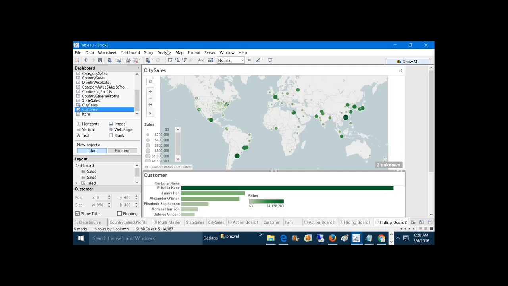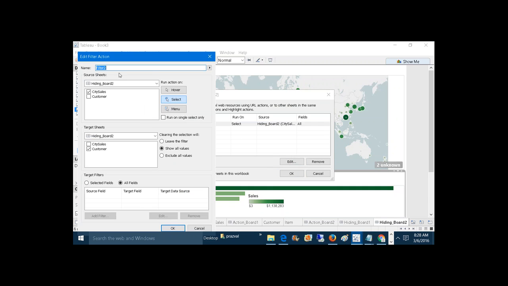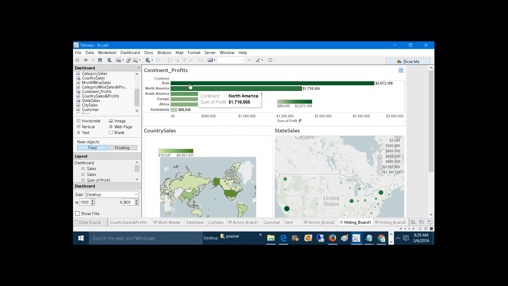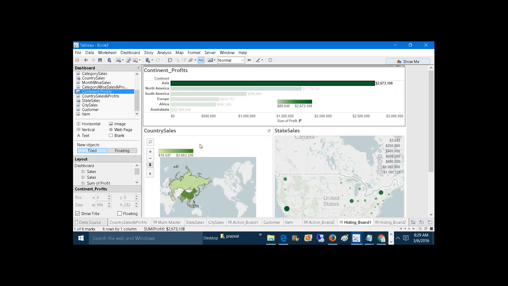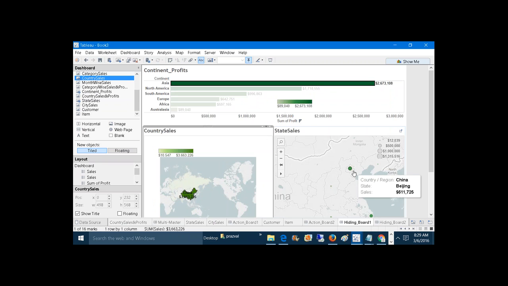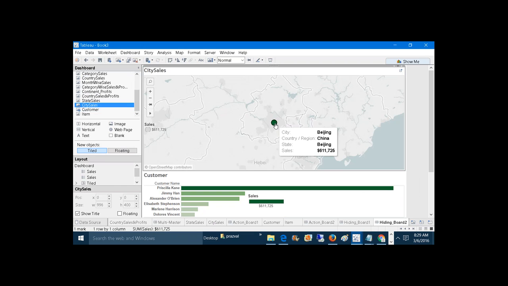So if we go to hiding board 2 and we go to dashboard, we go to actions, we are able to see that action. Let me name it as city and customer. Hit OK. Okay, now just go to hiding board 1, select any continent, showing us countries under it, select any country, showing us states under it, select any state, showing us cities under it, click on any city, showing us customers